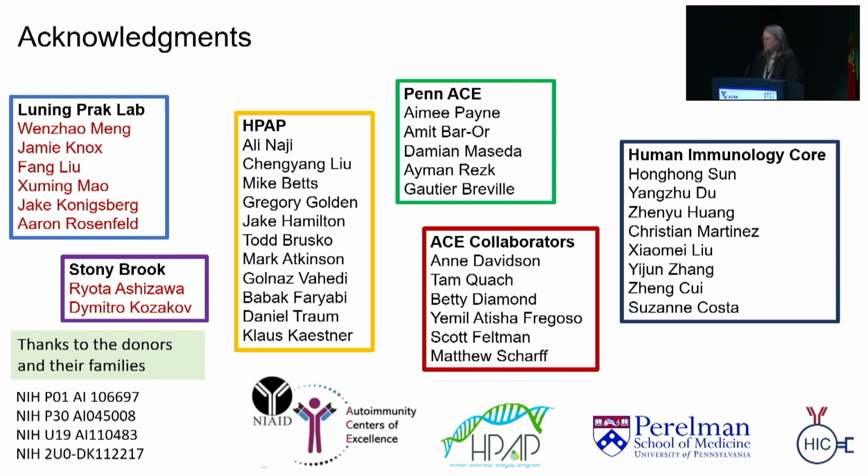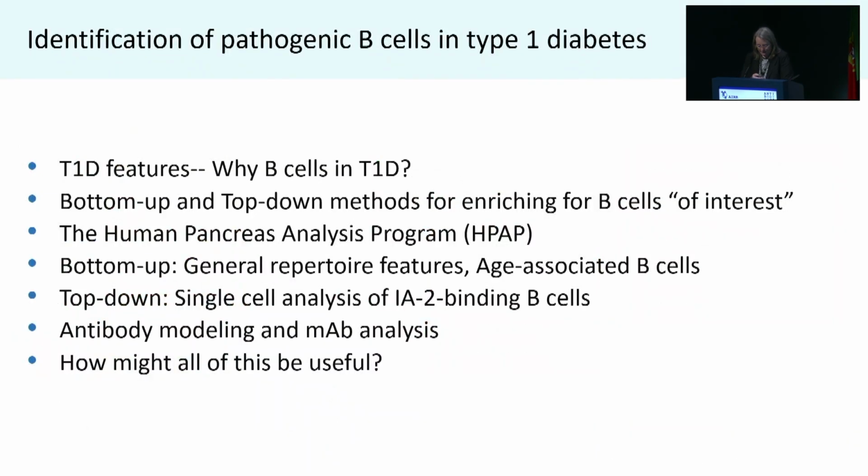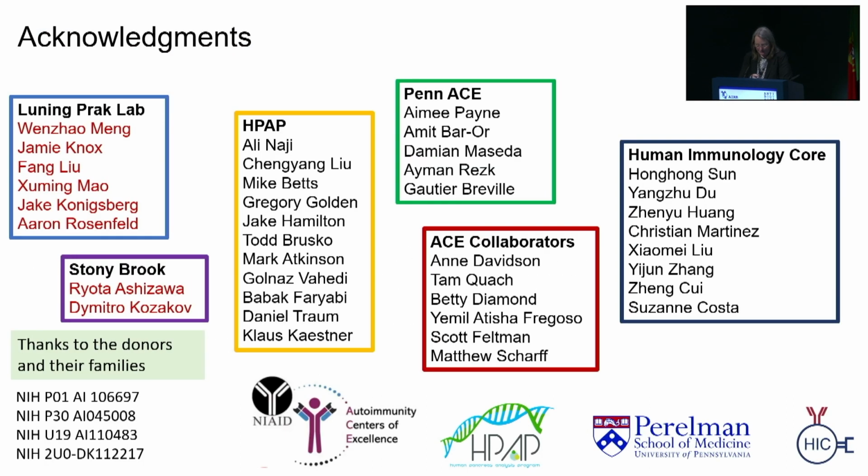There's also the Human Pancreas Analysis Program, which I'm going to tell you about a little bit. That is a huge effort to bank and characterize tissues from organ donors. And then there's the Penn Autoimmunity Center of Excellence, our collaborators there, and also the Human Immunology Core at Penn. Oh, and last but not least, actually, I should acknowledge the donors, their families, and of course our sources of